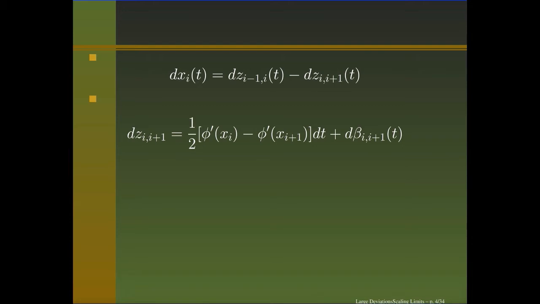The transmission from one side to another is governed by the second equation that we have. It has two terms. The first is the deterministic part, which has the effect of equalizing the variables xi at nearby locations, and it's however modulated by noise, which we assume is Brownian motion, independent for different bonds connecting i and i plus 1.